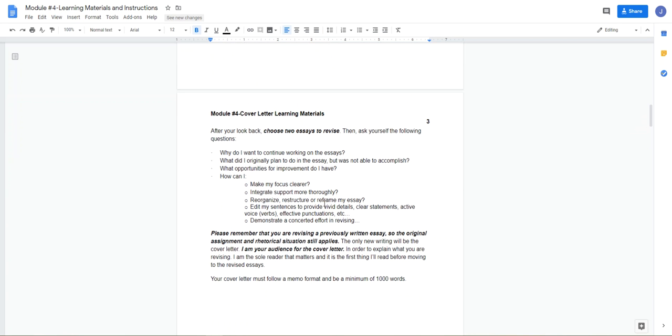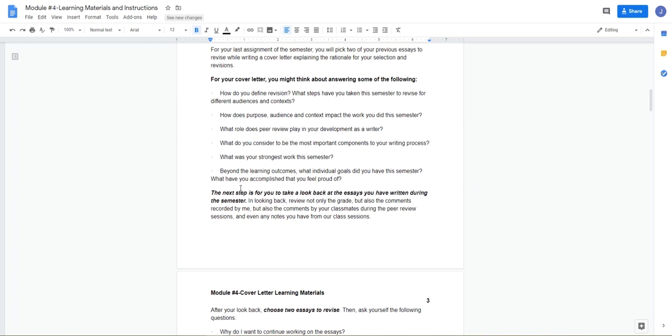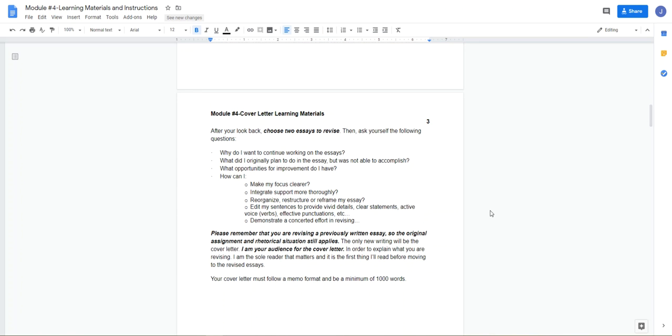I'm getting several emails about the second portion of the cover letter. The first portion, where everyone talks about revision over the semester, is pretty straightforward, but there seems to be a little bit of confusion about the second portion. So let me clarify. The example that is posted in the module in Canvas is pretty focused on what was revised in each of the 2 essays. Now I want at least